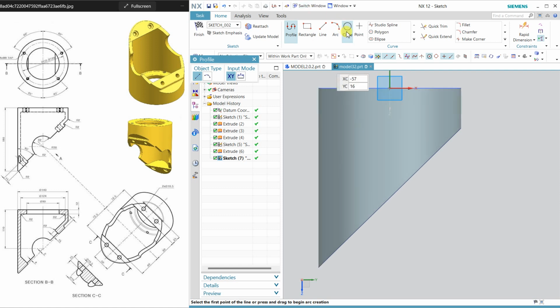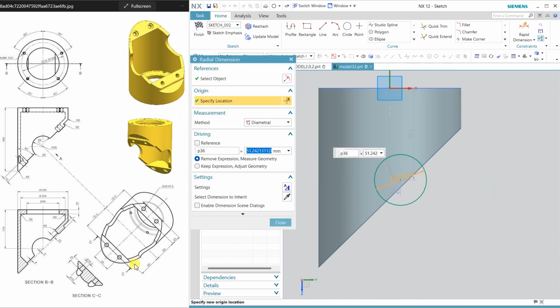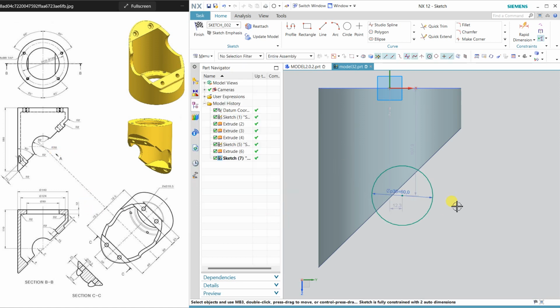This time I have to draw a circle, and this circle is 30 radius, 60 diameter. The center of the circle and the vertical axis both will be coincident, and it is 2 millimeter inside.